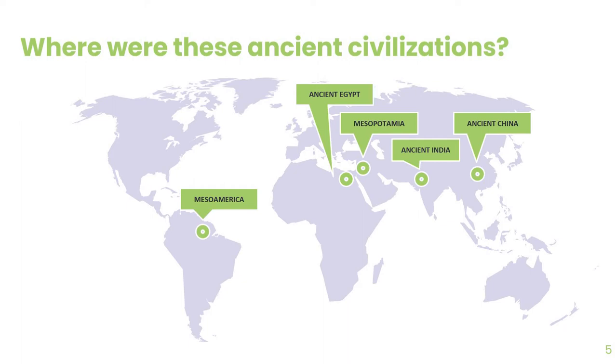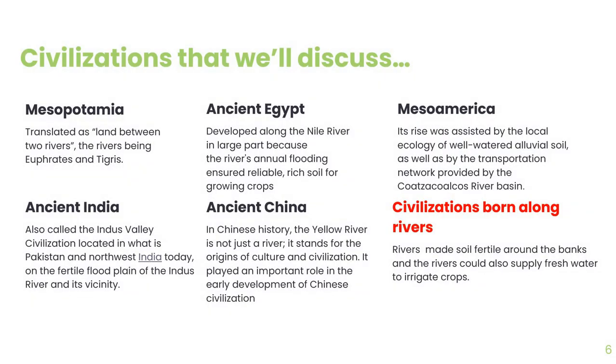Okay, these are the ancient, I am highlighting the word ancient, very sinauna. But that doesn't mean that there were no civilizations in Australia, in the Philippines, or in North America. These were the earliest recorded civilizations in world history. So these are the civilizations that we will discuss: Mesopotamia, ancient India, ancient China, Egypt, and Mesoamerica.